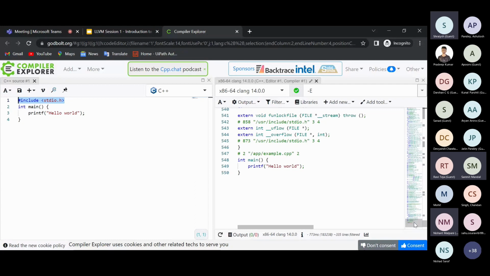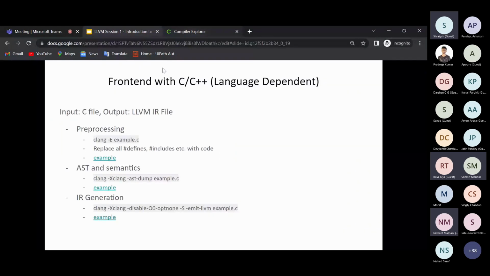here is our main function as it is. This is the main code, but all of this is the expansion; all the hash ifs and hash ifdefs get translated in this stage, and there's just one option, -E, to do that. After this, the pre-processed in-memory source code structure is the input to the AST phase, which generates the abstract syntax tree and does semantic analysis on the code.